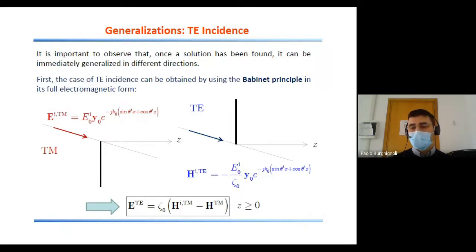For example, if instead of having a TM incident wave, we had a TE incident wave, that is a wave that is parallel to the edge of the plane and whose electric field is instead orthogonal to the edge, as in the right part of this figure, then we make use of the vector form of the so-called Babinet principle, which, as you may recall, consists in replacing the apertures with the screen and introducing metal where you have the aperture,